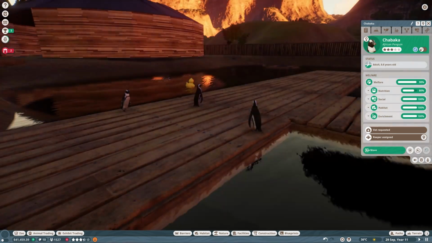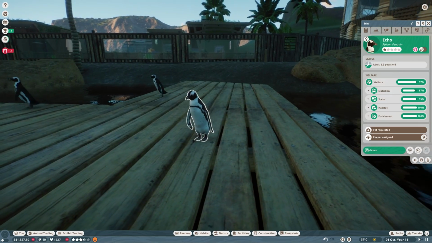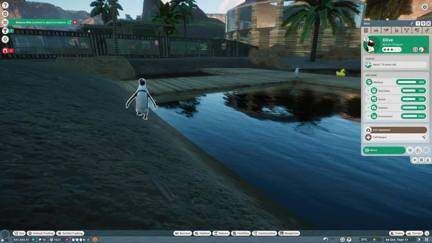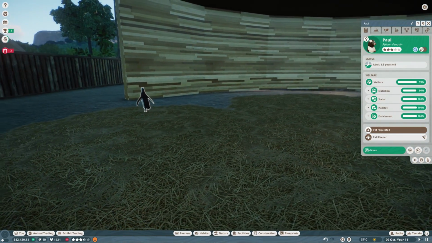Oh, and we switched to nighttime and back to daytime. We've got Echo, who's part of the jetty crew, having a little waddle along. We have Olive, who has places to be. Never seen a penguin run so quickly. We've got Paul, who is having a little bit of a sleep and is now running off to probably get